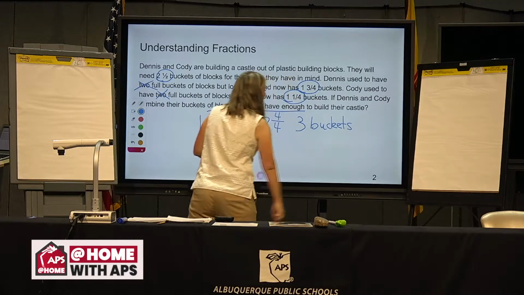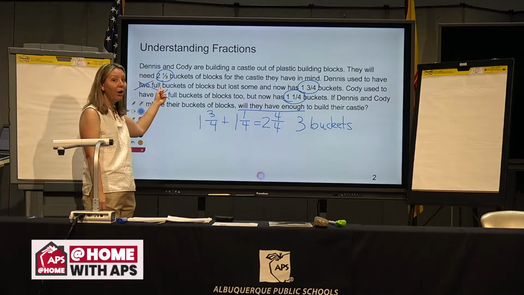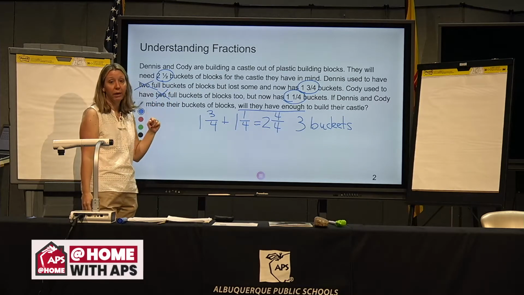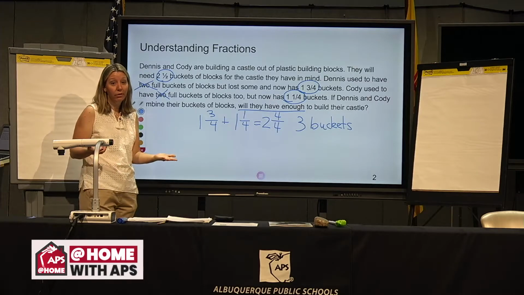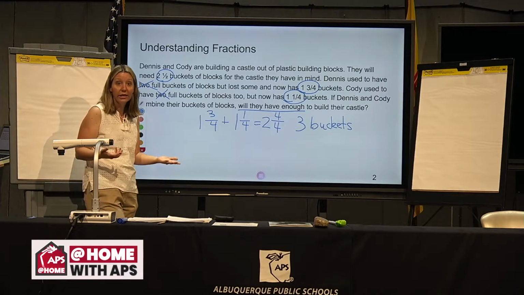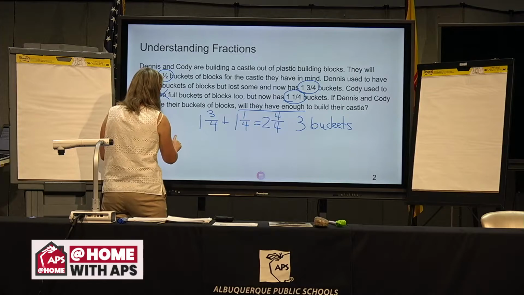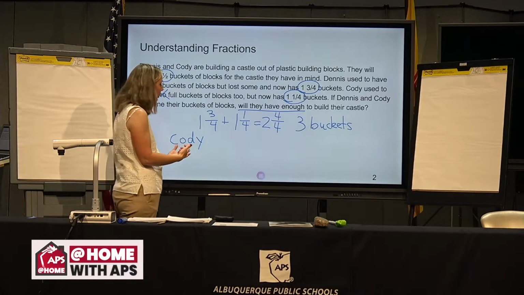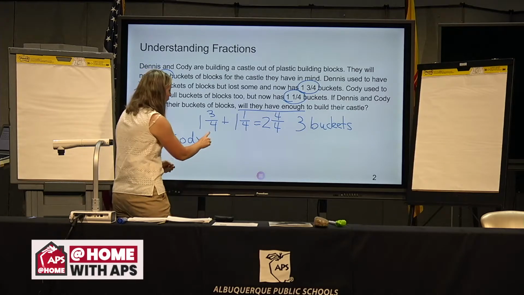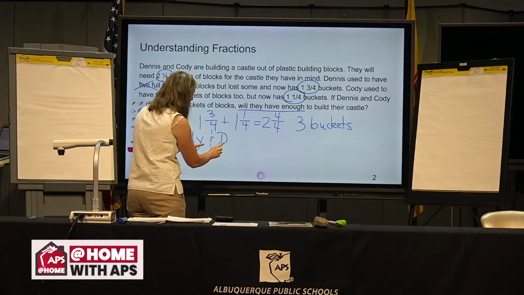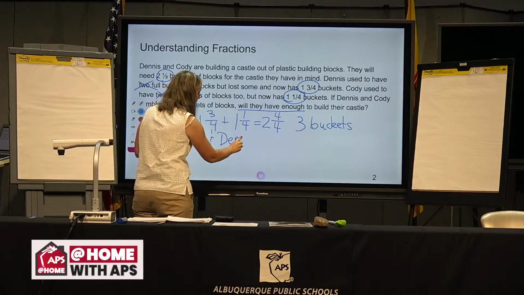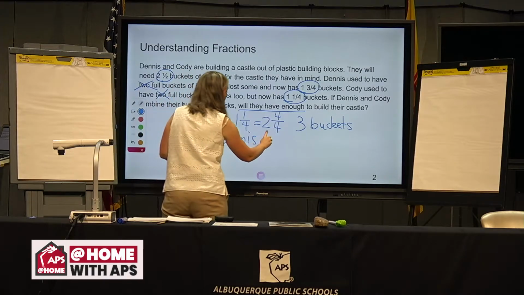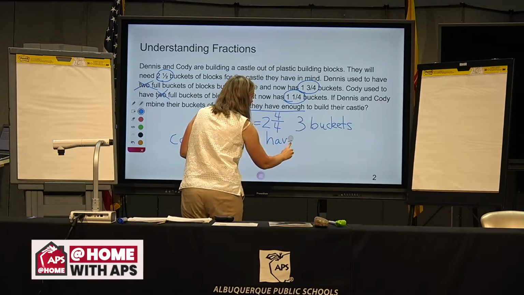Will they have enough? Now this other number, this random other number we had, 2.5 comes back into play. So do they have enough? Right, they do have enough. So Cody, and again, I always say just write it out so that whoever's looking at your work knows what you're saying. Cody and Dennis, and that is an and sign, by the way. Cody and Dennis have more than enough